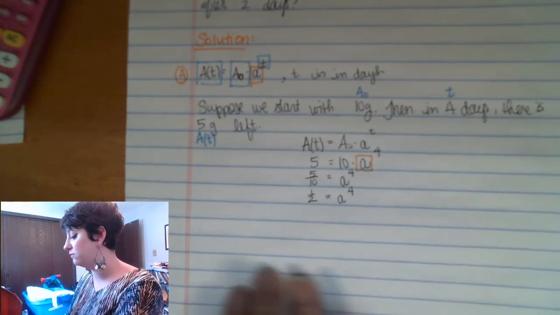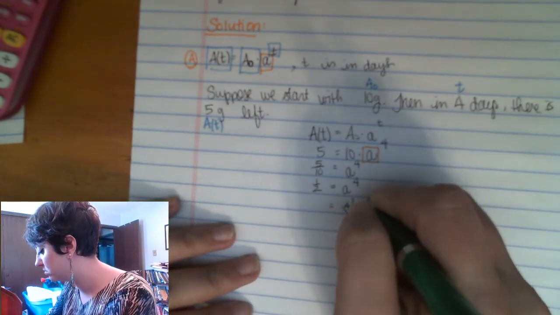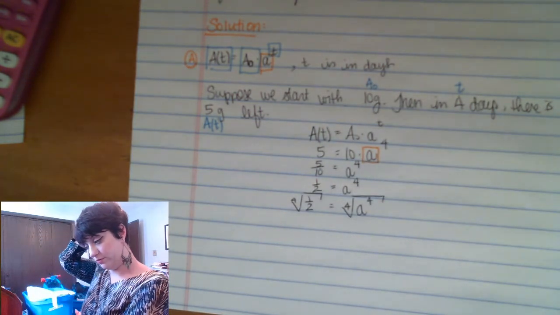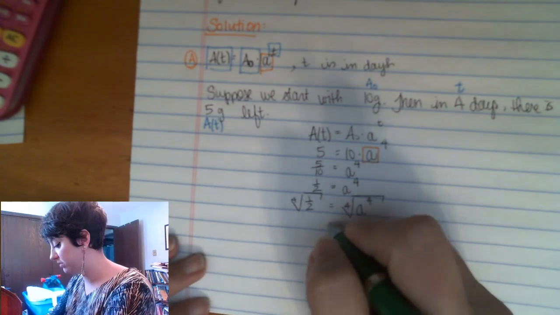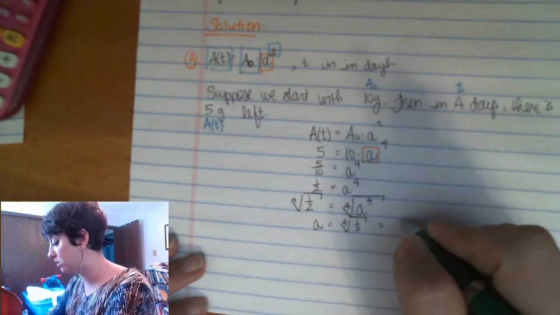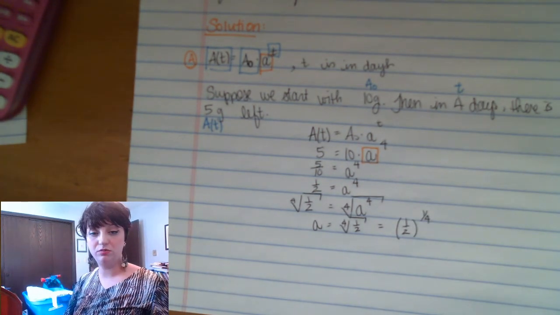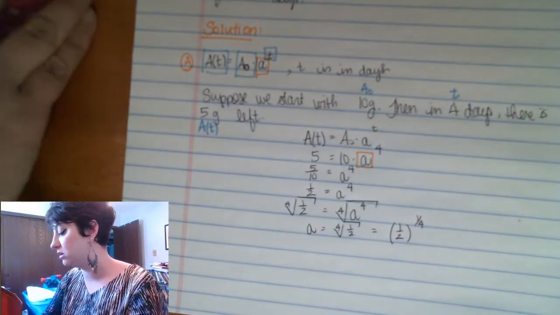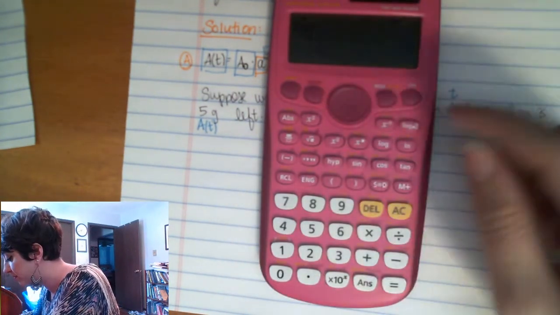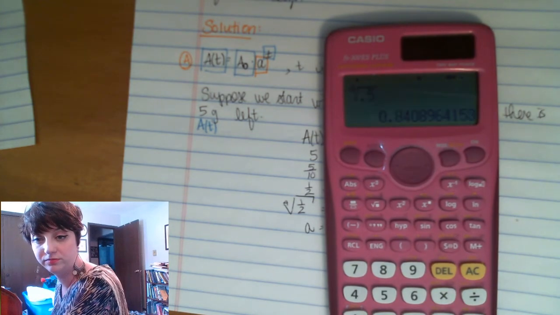All right, so if I want to solve for this, I'm going to take a root, right? What root? 4th root. All right, 4th root of 1/2. When you go to calculate this, you can use the 4th root, or you can say thing to the 1/4 power, because remember, reciprocal powers make roots. All right, so on my calculator the 4th root button is here. So I would say 4th root of 0.5,